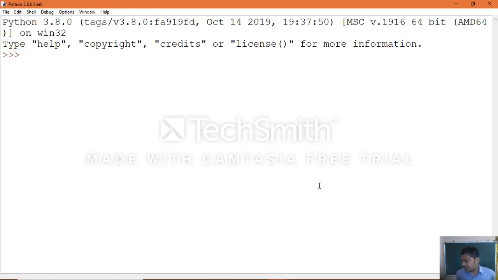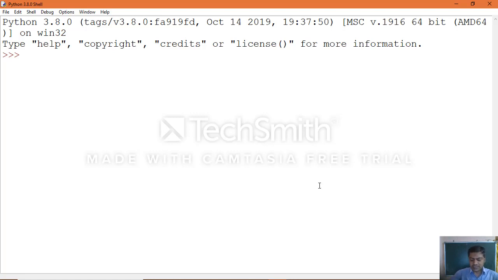Dear students, in the last class we saw how we can make use of data types. What is a data type? What are the different types of data types available in Python programming, which we saw theoretically. Now we'll see how we can execute those examples which we saw while learning the theoretical concepts. We will proceed with each one, using interactive mode as well as script mode, to see how we can execute those data types.